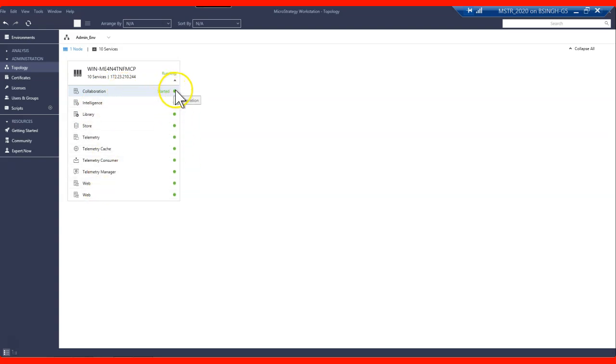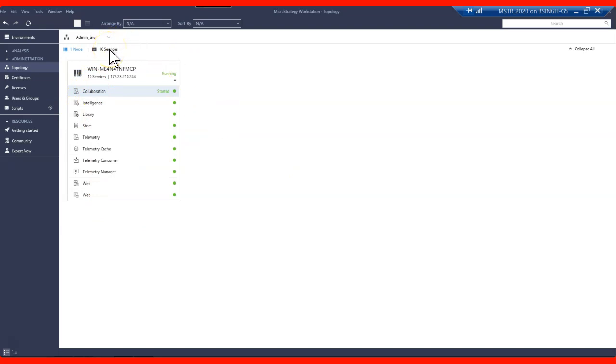If there is some issue, you will not see green, and rather you will get a red icon here. So you can easily understand that's the server which is down and which we need to fix. Based on where the service resides, like the web service on the web server, you just log into the web server and bring up the services from there. I have selected only one node here, but you may have multiple web servers, multiple intelligence servers, like in clustering.